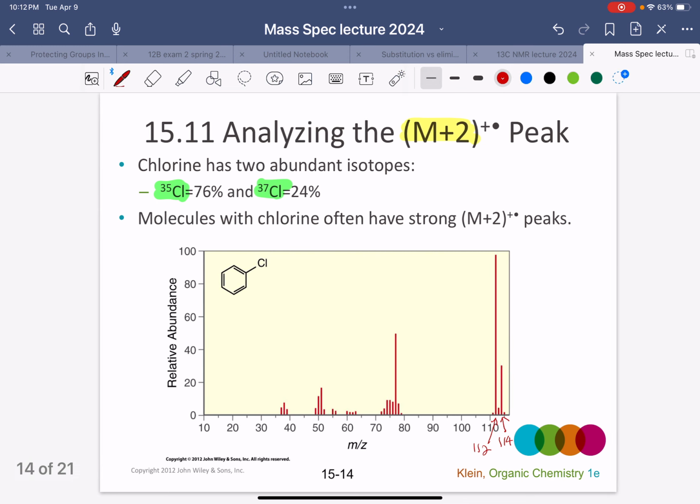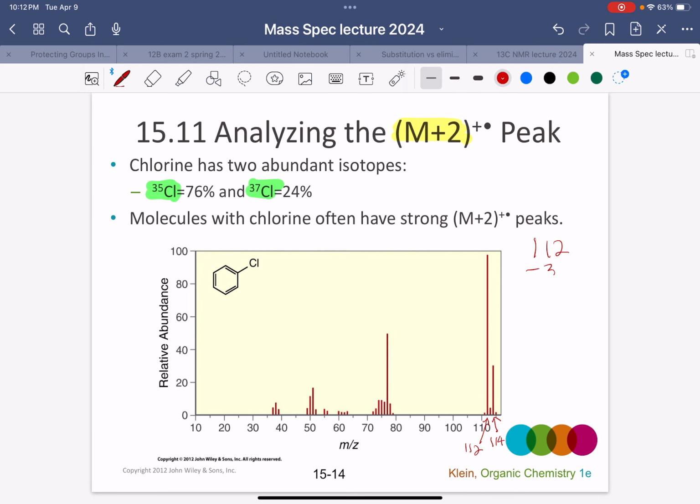I'm not really feeling very mathy right now. That's a 77. What do you know? And that's our peak there at 77. So if we lose a chlorine due to fragmentation, that's what we get. All right, so the 3 to 1 M plus to M plus 2 peak ratio,